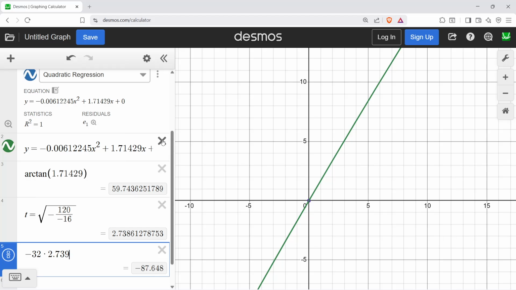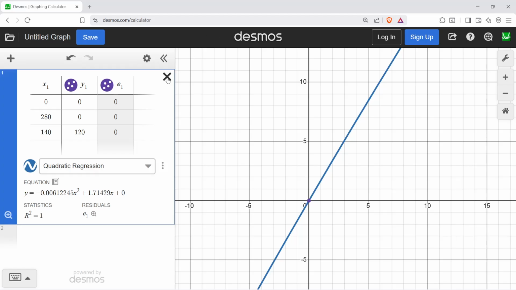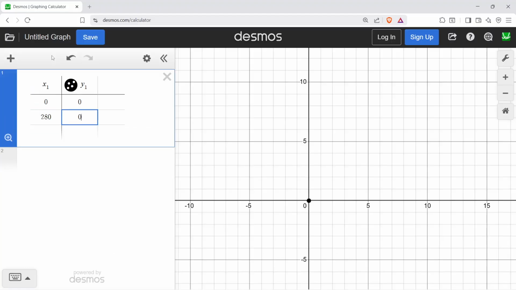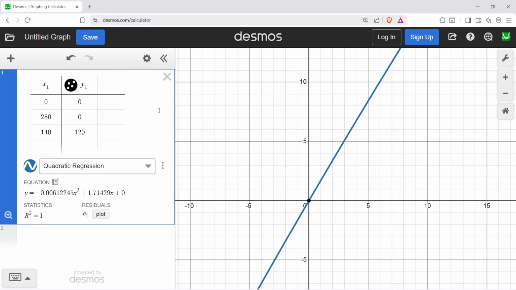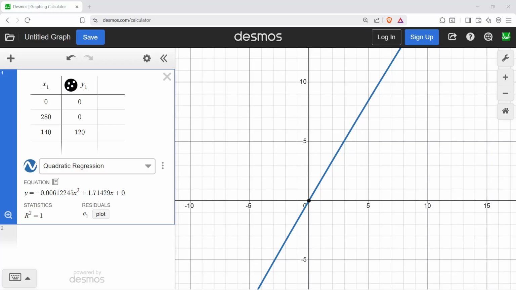You can use your TI calculator. I'm going to use Desmos. Let me put in a table, and put my point (0, 0), then (280, 0), and then (140, 120), and I can just press the regression button, or you can make it by hand if you want fractions. I don't need fractions. So there's the equation. It wants us to call it h of x, I guess they want to use x. h of x equals